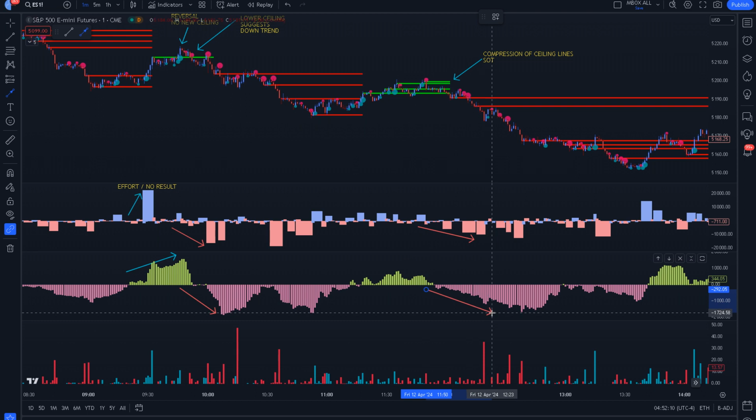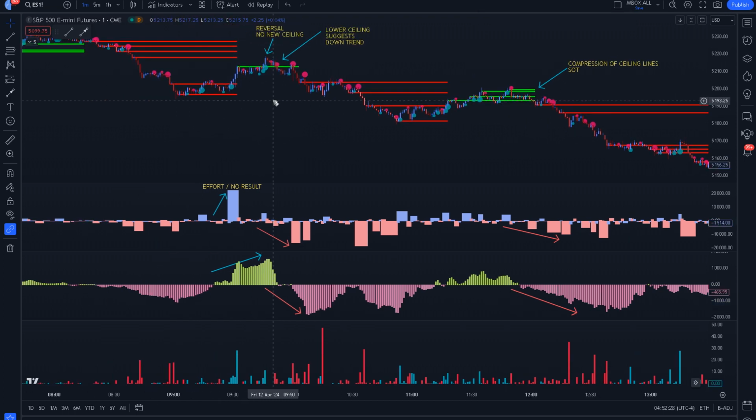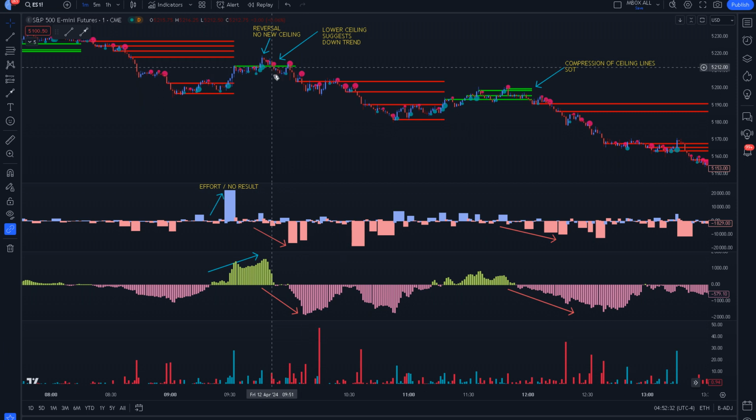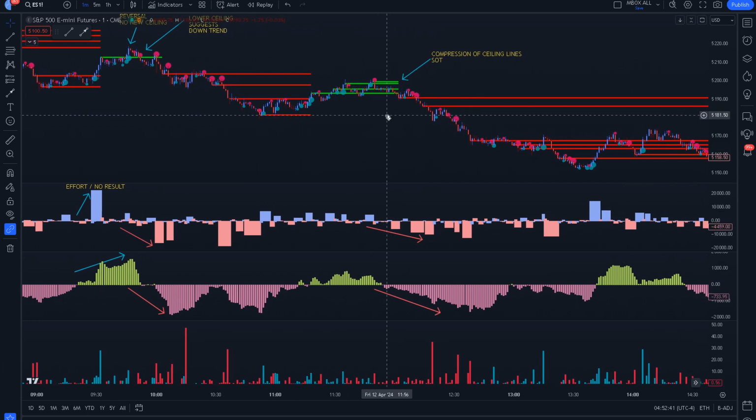And here. All right. So when these ceiling lines here begin to form, you would think, well, is it time to consider a long position? Remember, we're still in a downtrend, right? We have lower lows here, lower lows here. This was a lower high and a lower ceiling, right? And we didn't get, I wouldn't say, significant looking buying here. And at the compression of these ceiling lines, that looks like a failure,